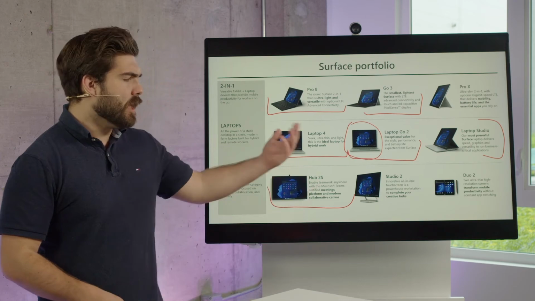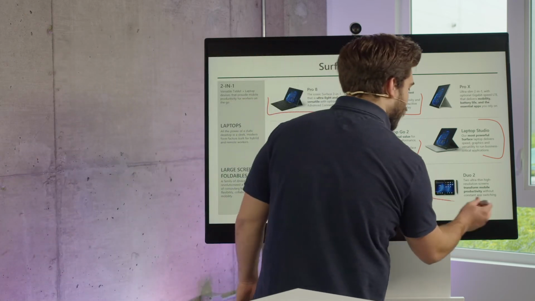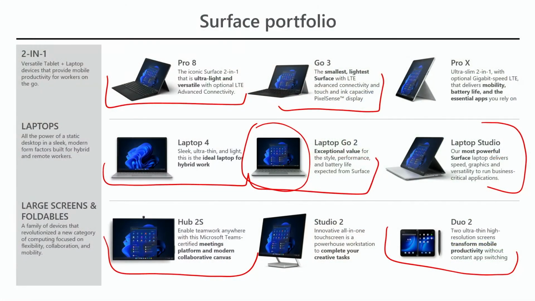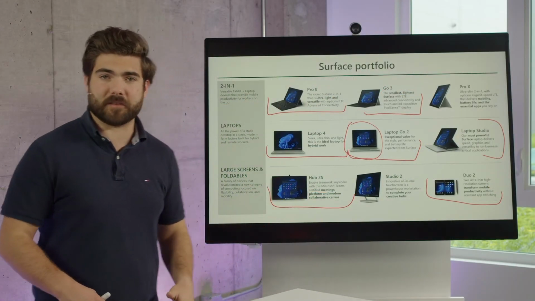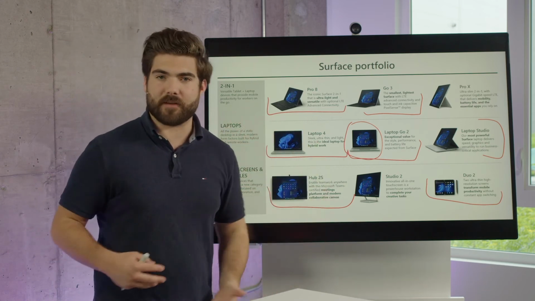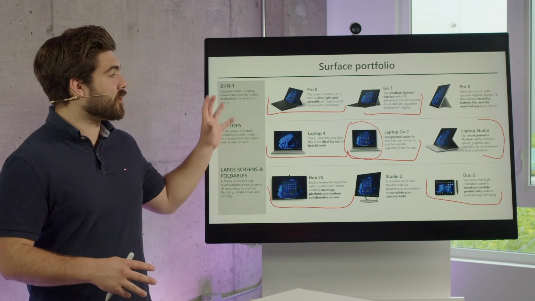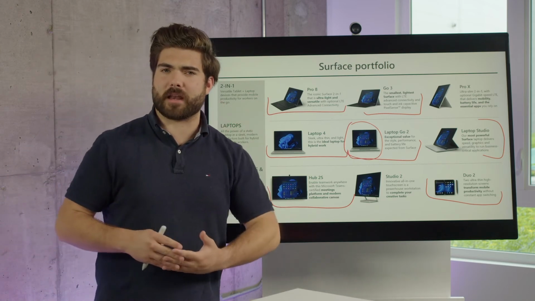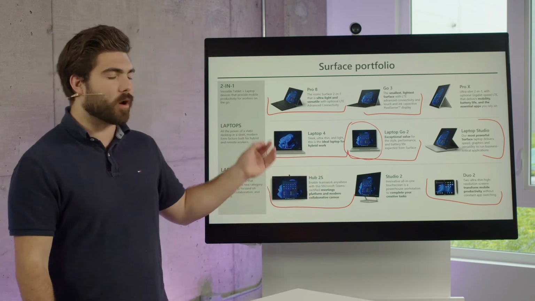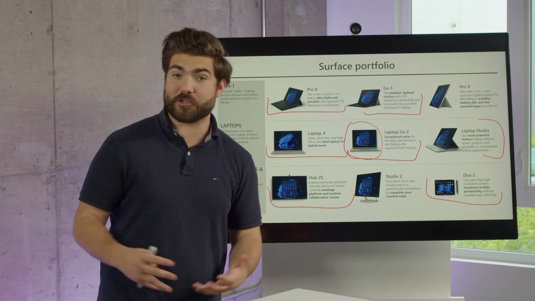device. There's the Duo 2, which is our mobile to transform mobile productivity, as it says right there. It has 2 screens that are foldable and can slide right into your pocket with ease. So as you can see, we have a full wide array of devices. We could spend hours diving into every single one of these. I know we don't have time for that today, but I want to shout all of them out. And at the end, I'll shout out an area where you can go to learn a little bit more about each and every single one of these if you so choose.